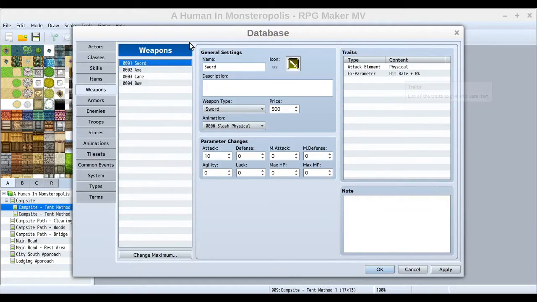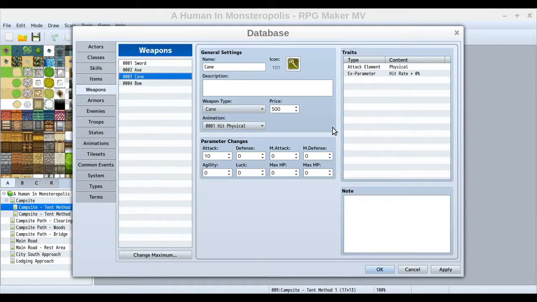So whatever. It's probably just for the sake of example, because I think that's the point of most of these default included items and weapons and skills: just to show you, hey, here's how you make a basic sword, and here's how you make a basic fire magic skill and things like that. So the one that is different, again, aside from the animations, the weapon types, the names, and the icons,